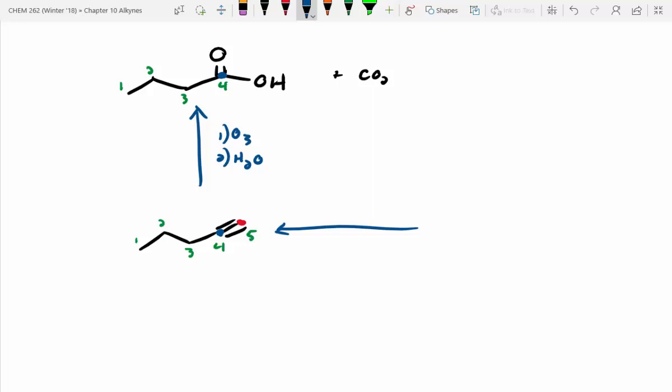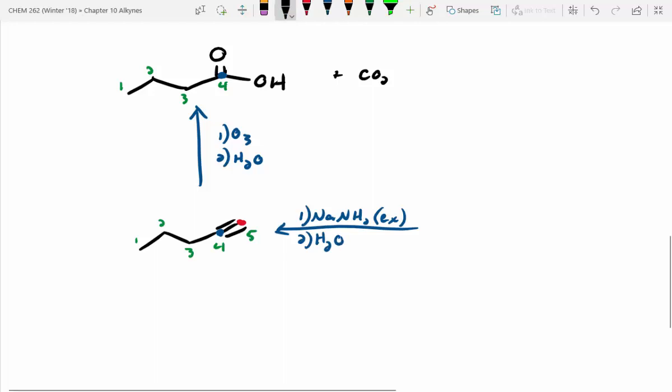How did we do this previously on our pods and things like that? Yeah, sodium amide. So we could do that. So NaNH2 in excess, do a double elimination. Do we need the water step? Yes, because that carbon number 5 does have a proton on it, so we want to make sure that remains on there. So we'll reprotonate this with water. And just like we saw before,